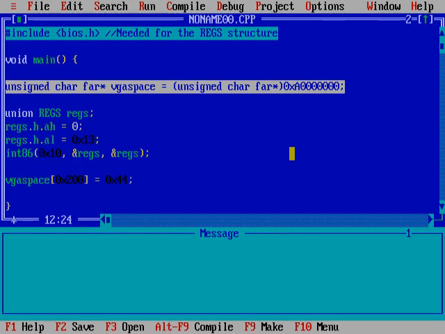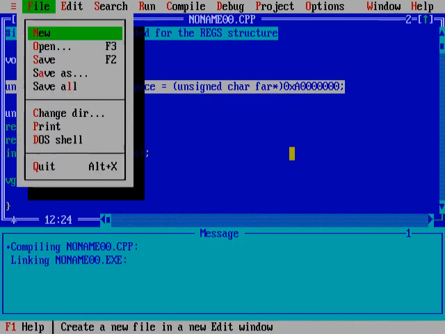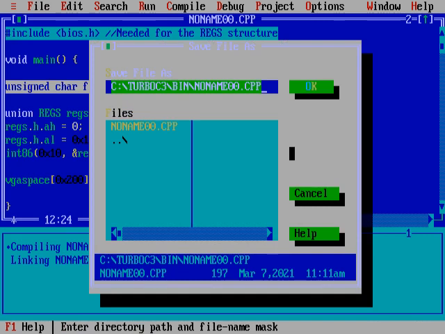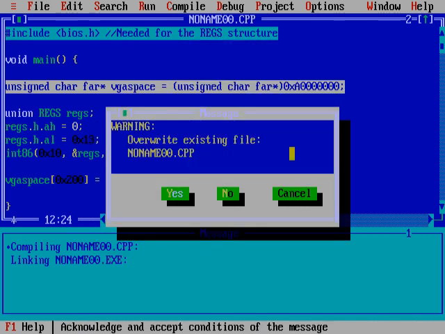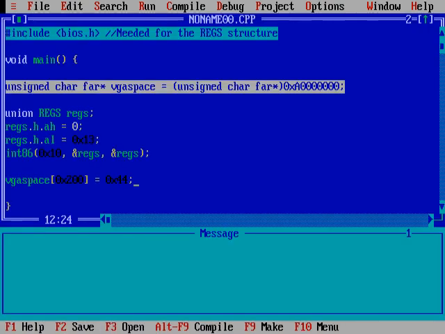And now if we make this and quit and save that. Yes, you can overwrite it, that's fine. Okay. And now if I run no name again, it does the same thing that we already saw. So that in itself is not too incredibly impressive. But if I want to write a second pixel, instead of having to go through some huge song and dance,